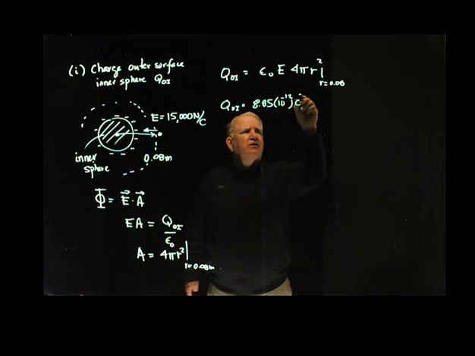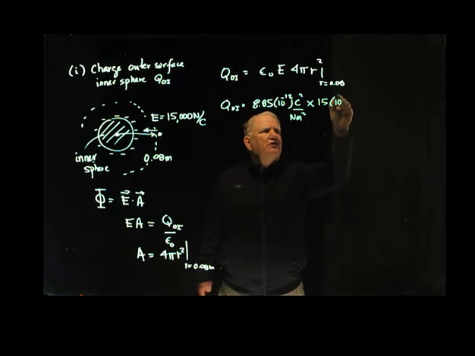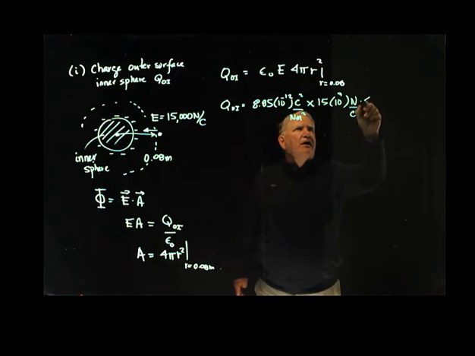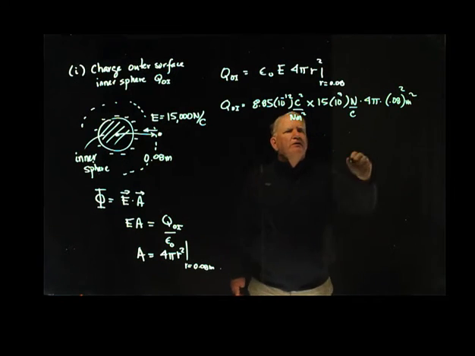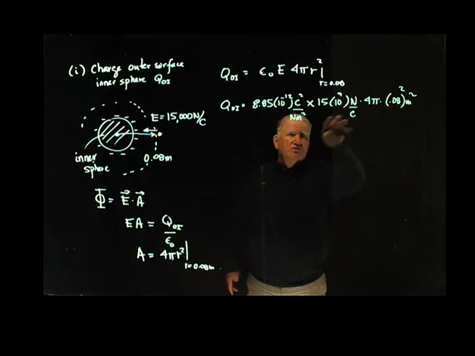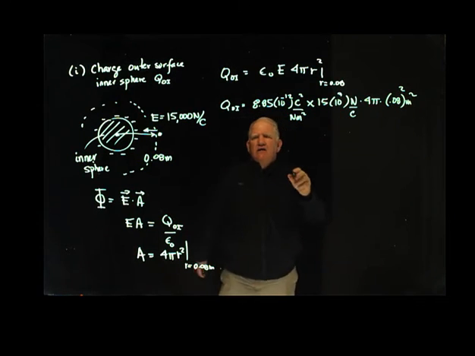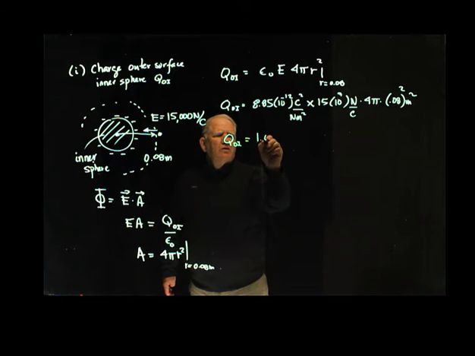So this is Coulomb squared over Newton meter squared, times E, which is 15,000 newtons per Coulomb, times 4 pi, times 0.08 quantity squared meters squared. If we look at those units, meters squared go away, newtons go away, and one of the two coulombs goes away. It's exactly what we want. If we do this calculation, you get Q0, I think it's 1.07